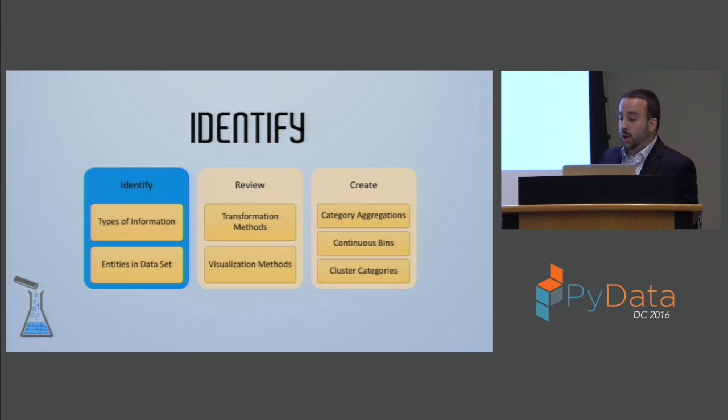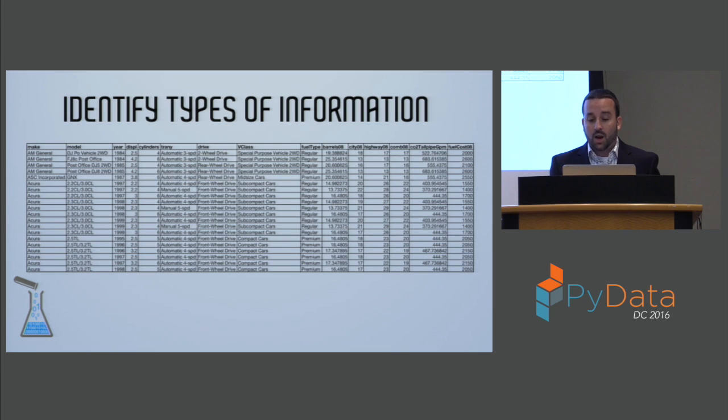All right, and so jumping right into the framework here, the first step in the prep phase was to identify a few different things about our data set. So let's go ahead and do that. The first thing that we're going to identify is the types of information that are contained in our data. And just from taking a look at this, there's a few kind of obvious types of information that really jump right out at us. We've got vehicle attribute information in there. We've got vehicle manufacturer information. We've got engine information, fuel information, all these things, right?